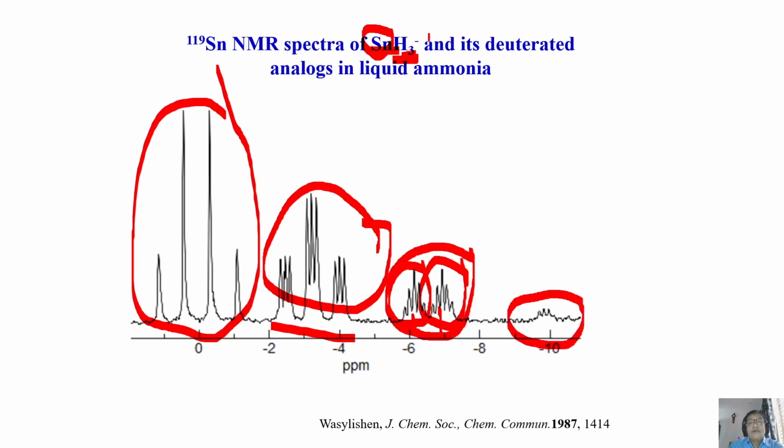What is the last possibility? All three can be deuterium, right? It is SnD3 minus. When three deuteriums are there, you can find out it splits into seven lines. We saw that, you put 2nI plus 1. n is equal to 3, I is equal to 1, 3 into 2, 6 plus 1, seven lines. We also calculated the intensity when we observed the CD3CN spectrum, right? So it will give seven lines, but it is a poor quality spectrum. You are not seeing seven lines.